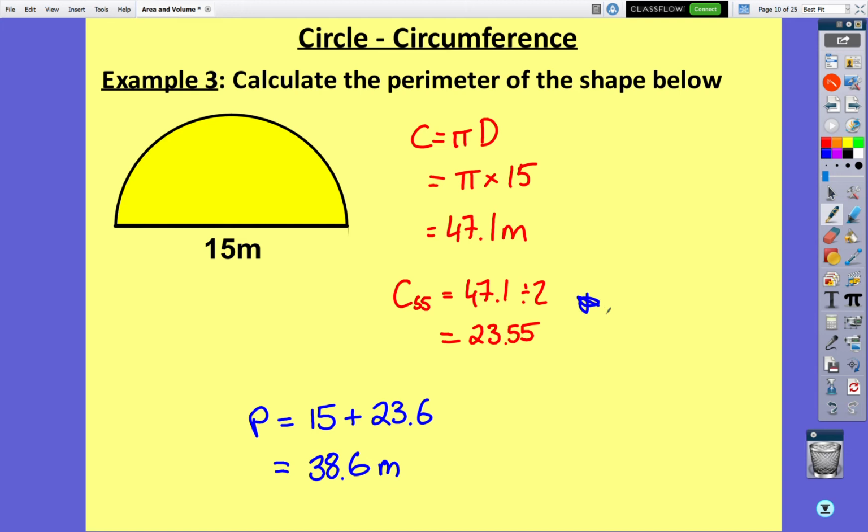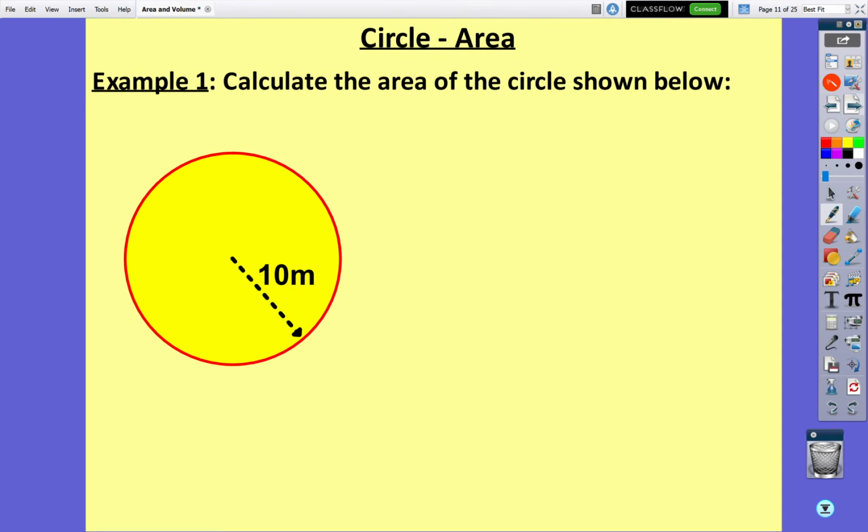We're halving it here because it's a semicircle. Alright, and then we're doing this last bit because it's asked for the perimeter. So the perimeter is just the curved length plus the flat length. Okay. So area now of a circle, and again